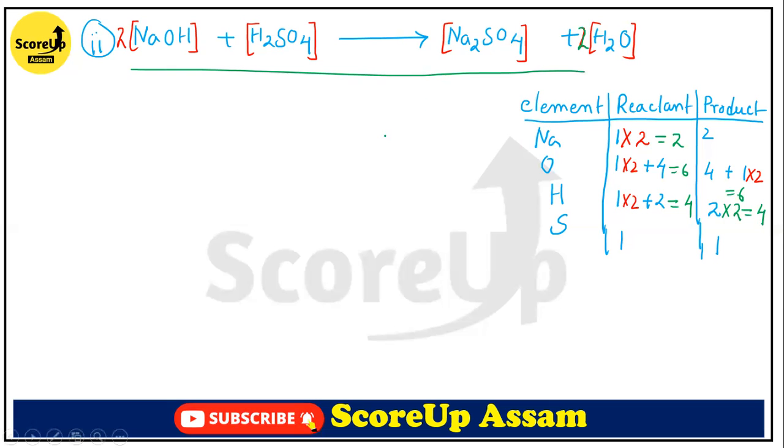Okay. So we need a balanced chemical equation because according to the law of conservation of mass, there should not be any change of mass after a chemical reaction. So we need to balance this. This is the way to balance a skeletal chemical equation. See how we have balanced it with the hit and trial process. Okay, let's move on to the next. Hope you have understood this.